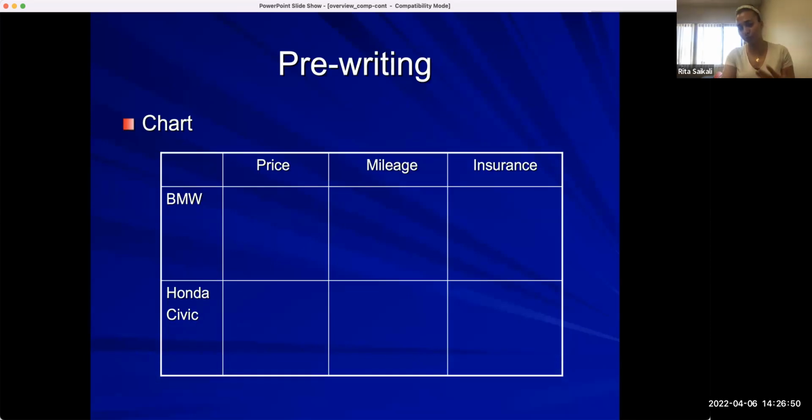So for example, if we are comparing cars, right, and we are going to talk about or write about these cars, we have the BMW and we have the Honda Civic. Well, three categories in which they're different: price, mileage, and insurance. So we can say, okay, well, the BMW is this much, whereas the Honda Civic is this much, right? So when we organize it into charts that look like this, it becomes easier for us to look at the differences and the similarities, because we now have a visual rather than just a